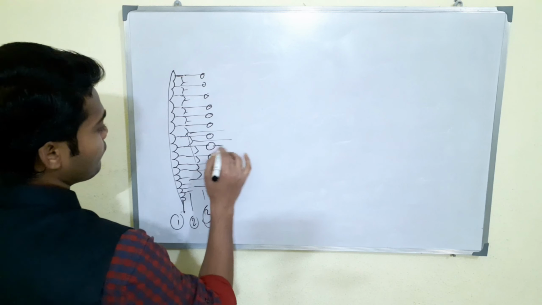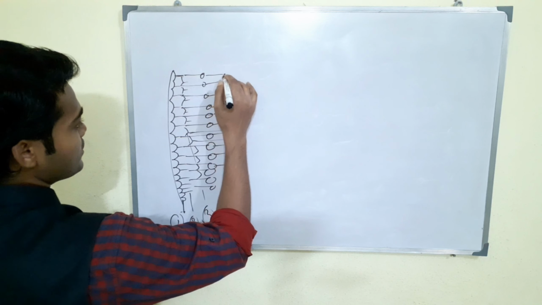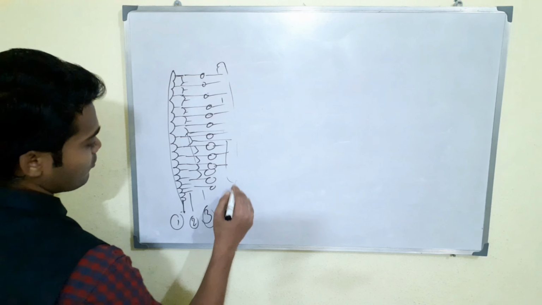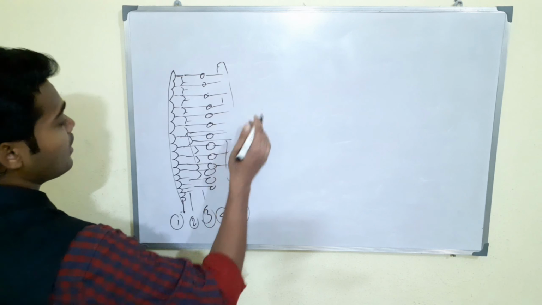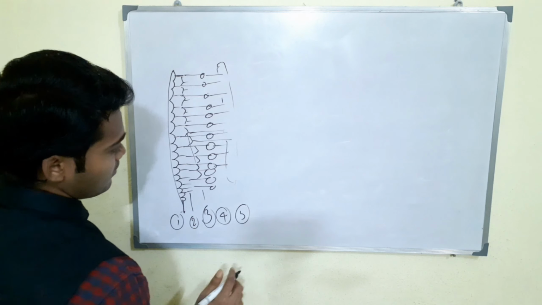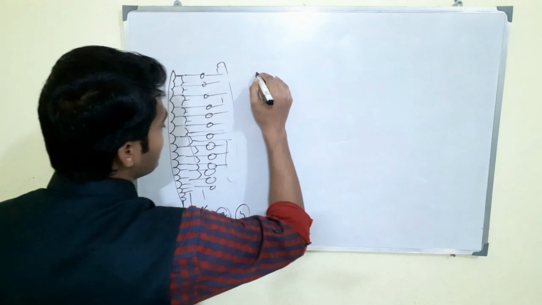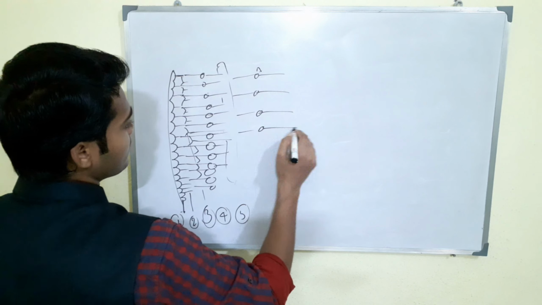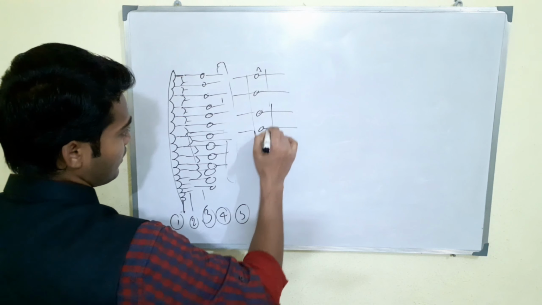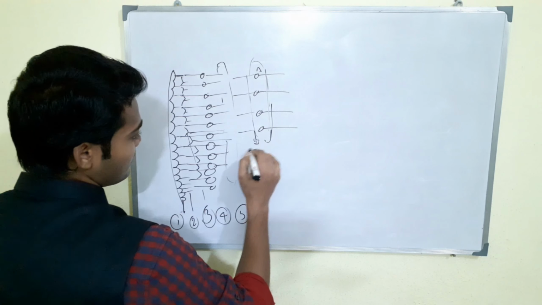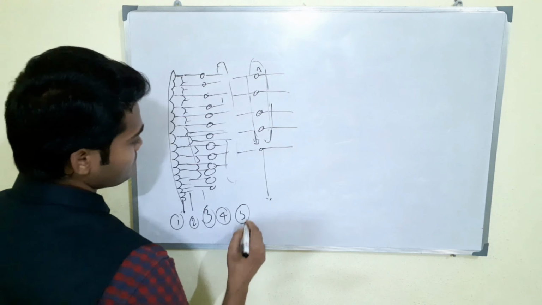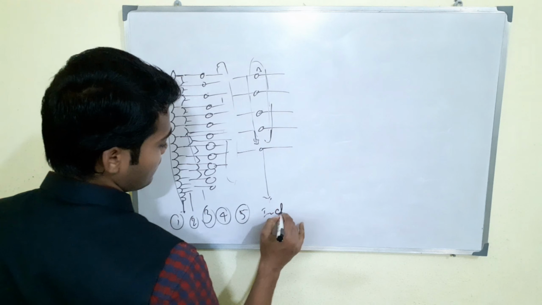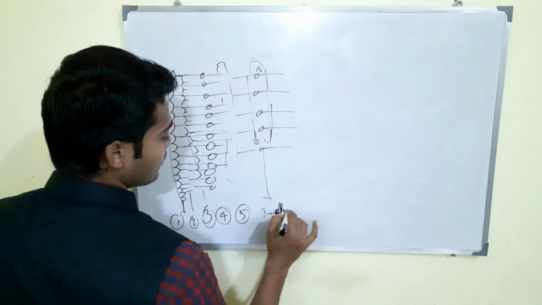Now the fifth one: the horizontal cell, the bipolar cell, and the synaptic terminals of the rod and cone cells, basically pedicle and spherule, form the fifth layer, meaning up to this is the outer layer of retina, right? Now what about the next one? Simply the axonal layer and cell bodies of the bipolar cell, this is the bipolar cell nucleus, and the amacrine cell, all these form the inner nuclear layer.